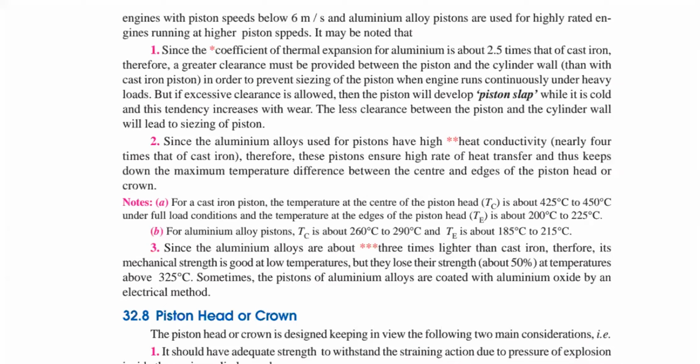See these temperature conditions, especially please observe the TC and TE values. These TC and TE values are very useful while you are designing the cylinder head, the crown. This temperature plays a very important role, because you have to use it while solving the problem or designing this particular object. This TE value is compulsorily asked for. We require it while designing, especially for analysis purposes.